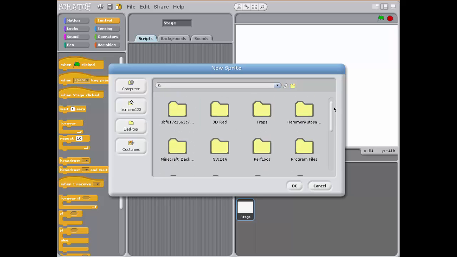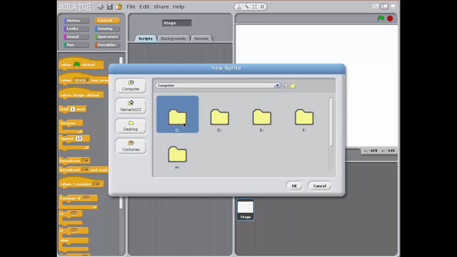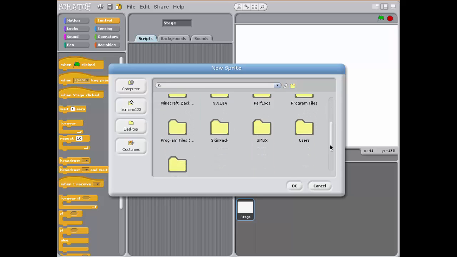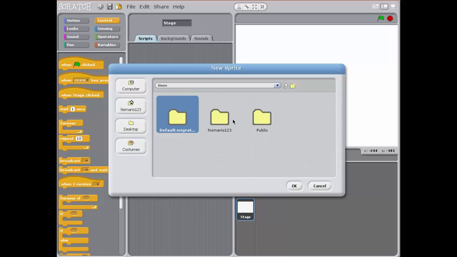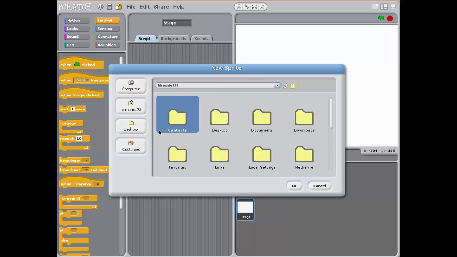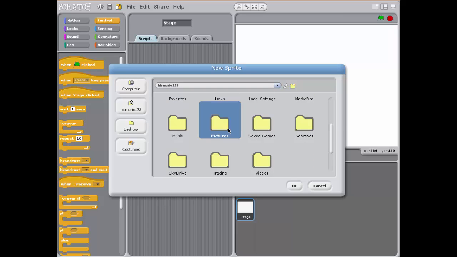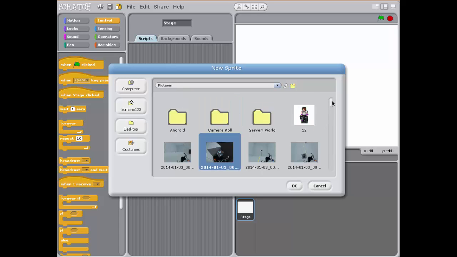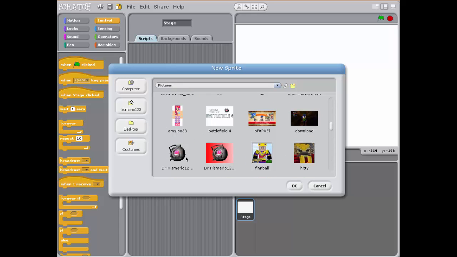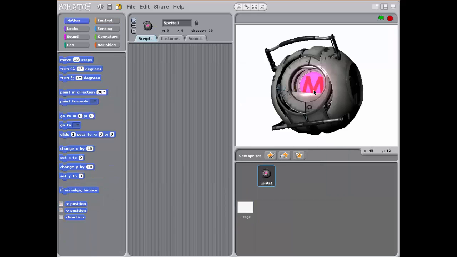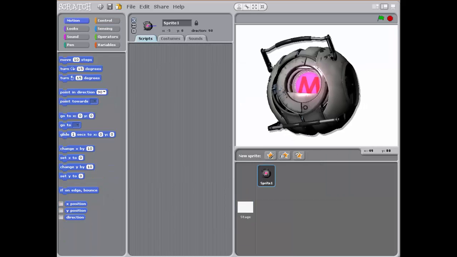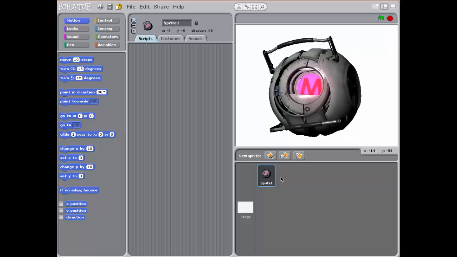And if you want to go to your pictures, what you do is you go to computer, see, users, your thing, and then pictures should be there. So for this tutorial I will be using the core,